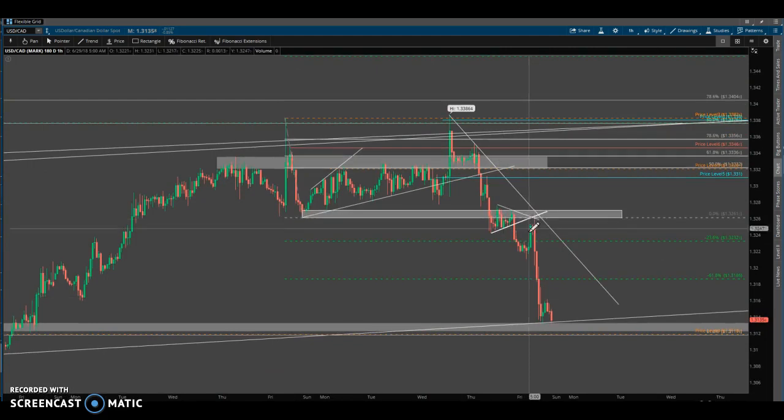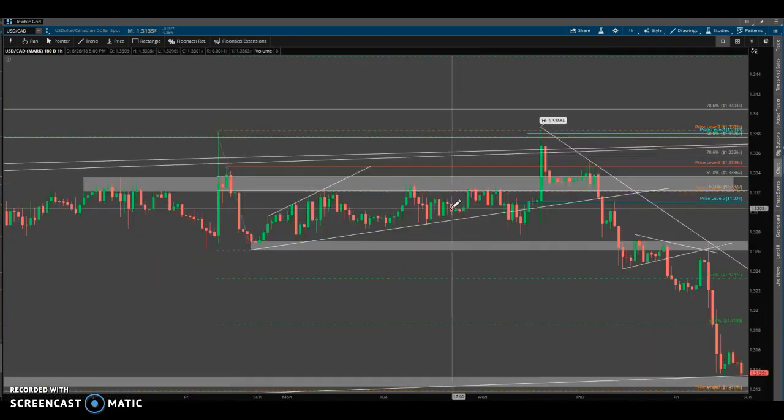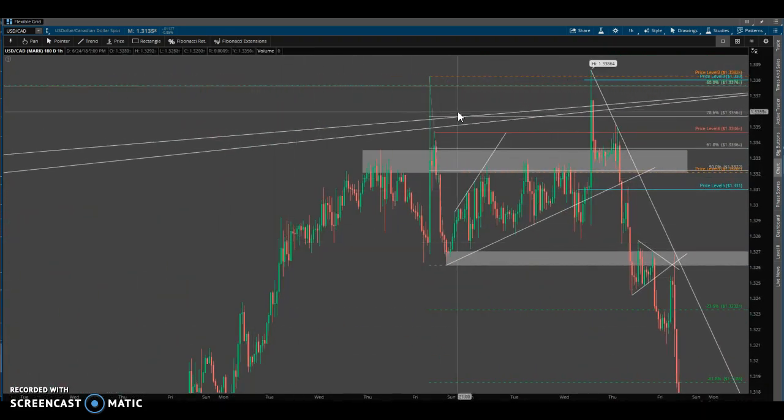So I talked about this one. So that was 100 pips. Okay, let's talk about the loser now. So once we found that top and then